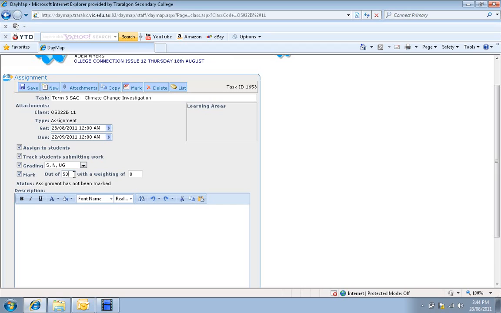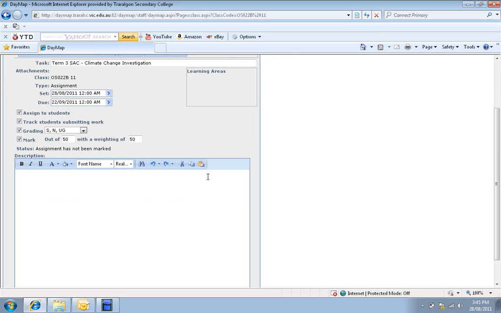Now this assignment is going to be at 50 marks, and it's worth 50% of their mark for Unit 2. It's the only major assessment they've got. Also have the opportunity to give some task details. Now one thing I could do is give all the details for the task, but I'm not going to, and the